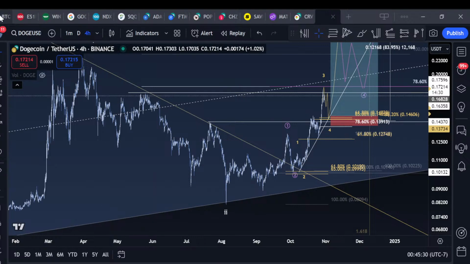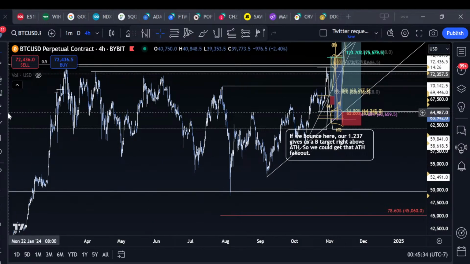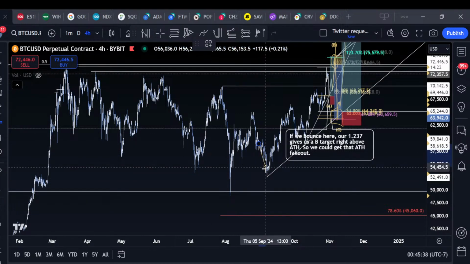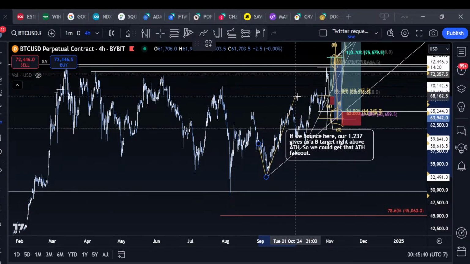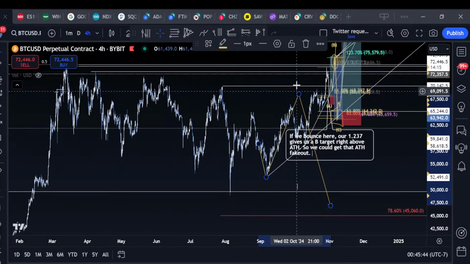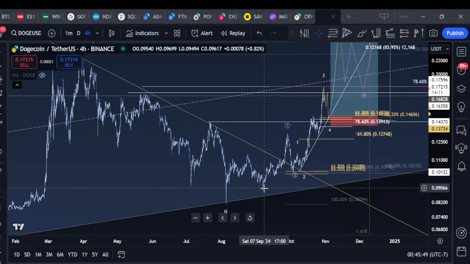I had a long setup from here on Bitcoin. People say, but the post I posted at this time right here was saying, I'm looking for something like this. I want to long into this and a sell-off. So I want to long into this. I want to short this. I got stopped out on my short. But when I posted this long setup on Doge in the Discord, I said,